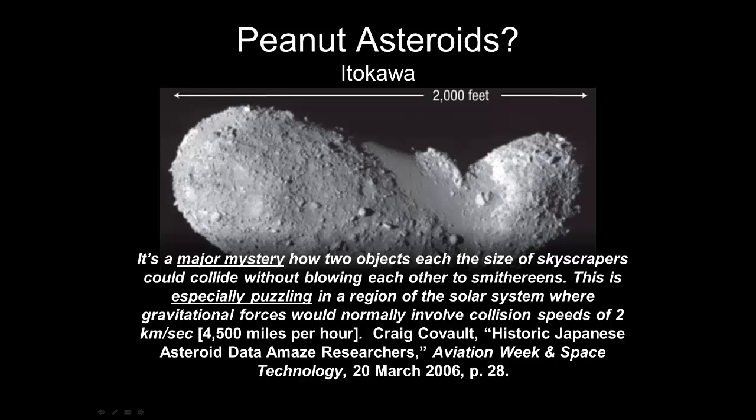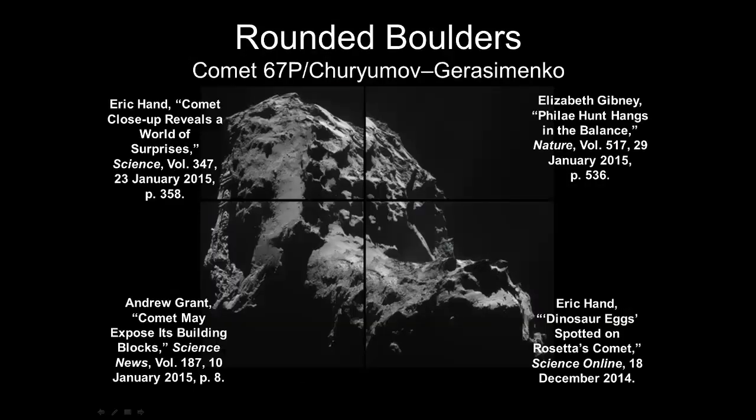Recent detailed explanations show comets have similar makeup as asteroids. In fact, some asteroids are categorized as both an asteroid and a comet since they sometimes vent gases and dust, producing familiar tails. Comet nuclei like the one shown are low-density, dirty snowballs composed primarily of water ice, dust, organics, and curiously again, rounded boulders. The surface of Comet 67P has layer upon layer of large rounded boulders at least 10 feet in diameter. This would not be expected if these fragments were due to collisions in space. They should be jagged and angular.